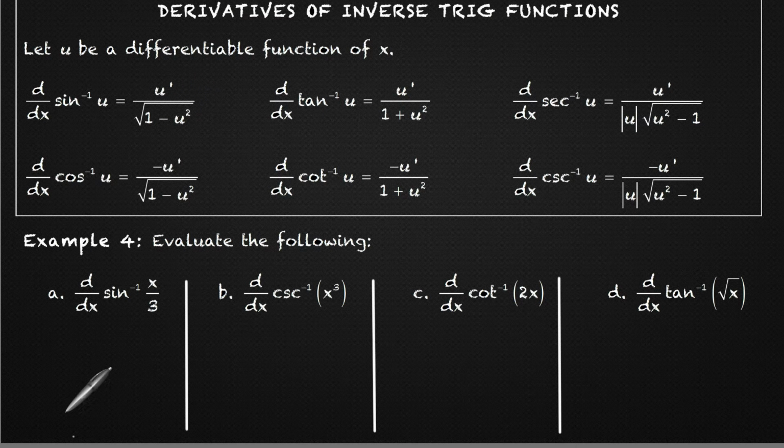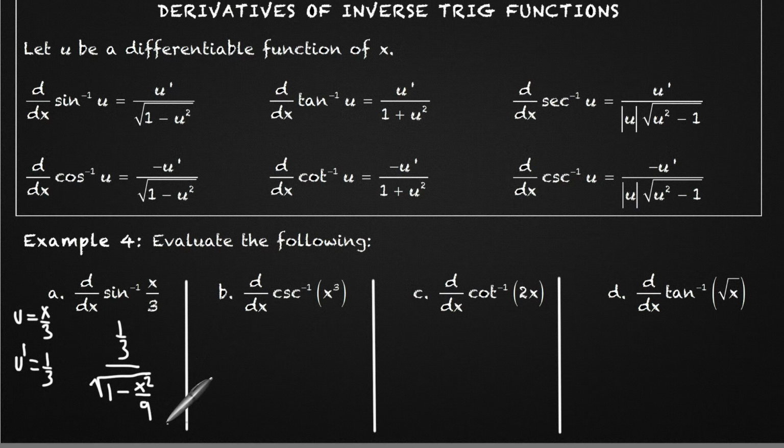So the first thing you want to do for letter A is identify what is your u. Well, it's pretty simple. U is what you're taking the inverse sine of. So u equals x over 3. So u prime is going to be the derivative of this, so just 1/3. And so what we have here is 1/3 over the square root of 1 minus, and u is x over 3, so I'm going to square that, x squared